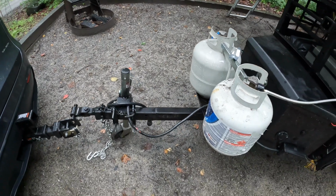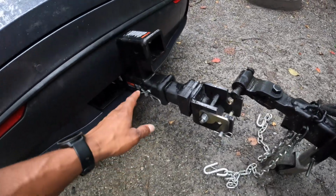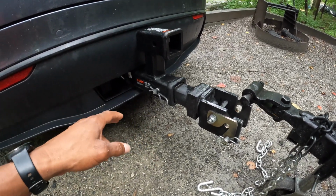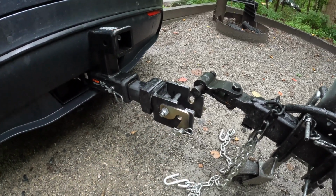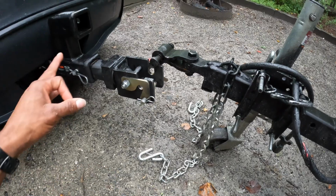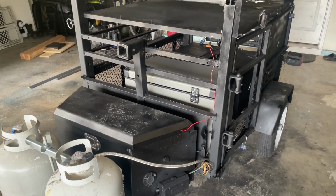The next change that I made was moving the bikes off the trailer onto the hitch of the car, and then I have a dual hitch and we had to make a few modifications to the trailer. So to be able to have the bikes on the hitch mount, I had to get this dually. I've actually had it in the past, but I decided to reuse it. And then we have the normal rock and roll trailer hitch that we put on. I had to add new chains and extend the length of them so that they would reach while having this extension on. Here we have my power box, and I've decided right now that I'm going to redo this box,